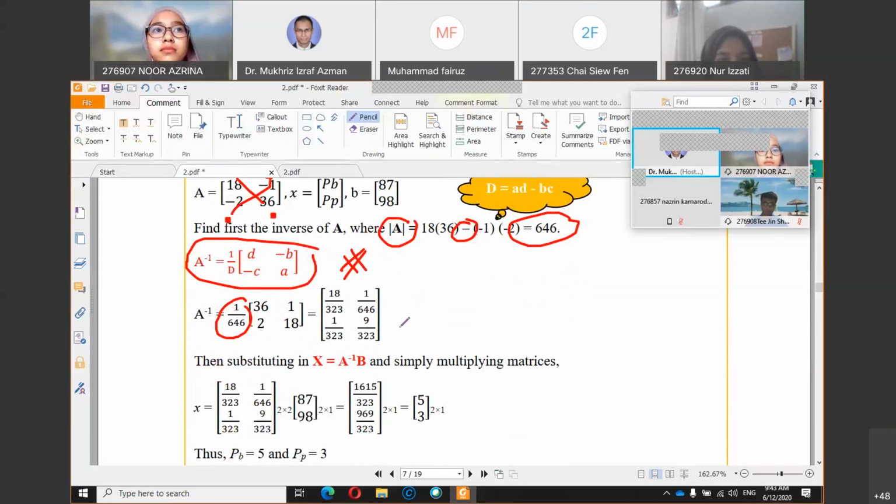Then when you multiply, how do you solve for this? Sorry. First, once you obtain the inverse of A,